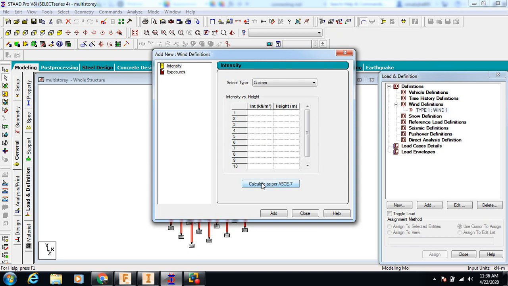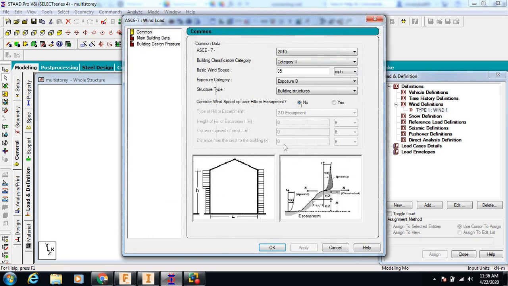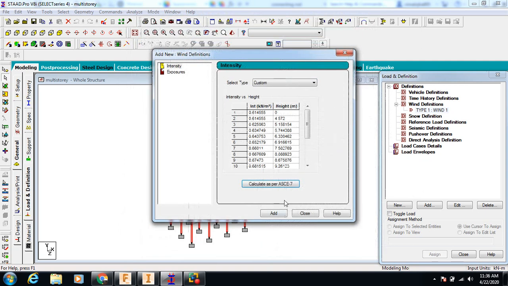Or directly you can calculate as per the American standard, ASCE 7. So today we are going to do it as per this. You can change the wind velocity or speed, but 85 is sufficient for calculation. So we will just click OK.